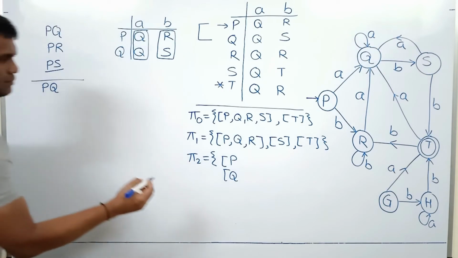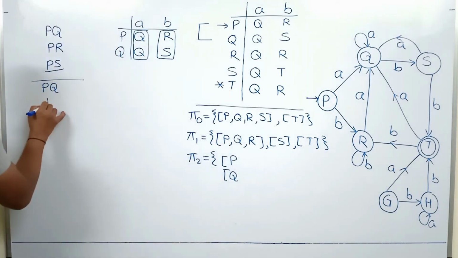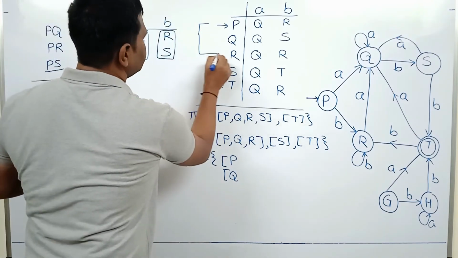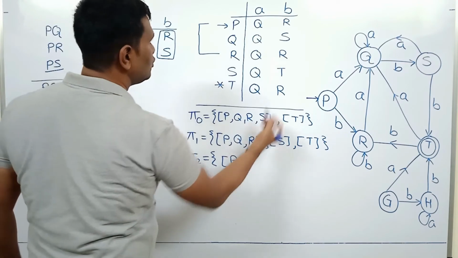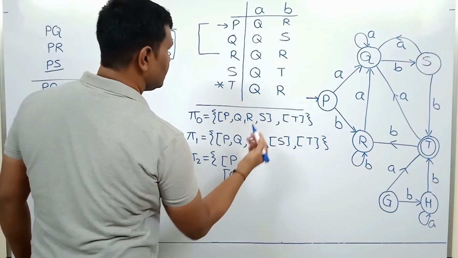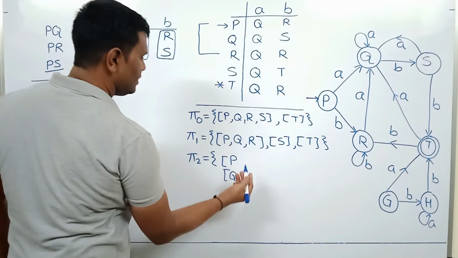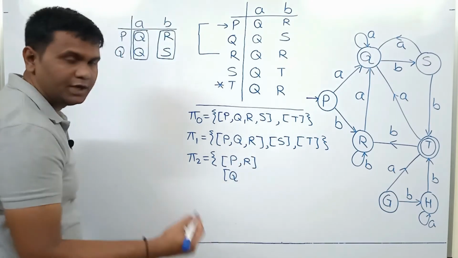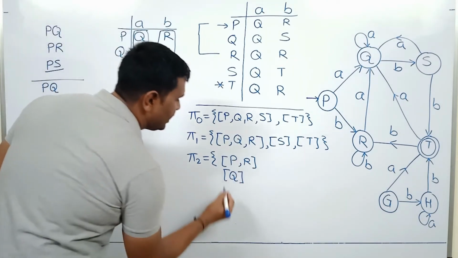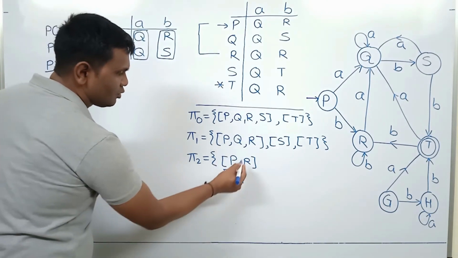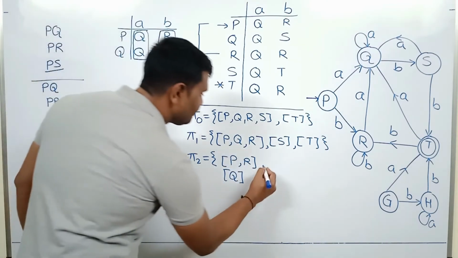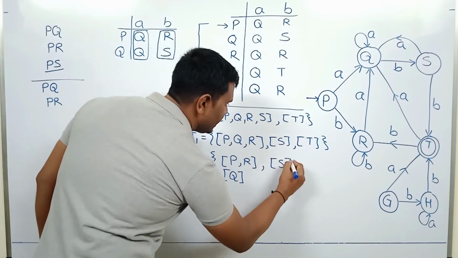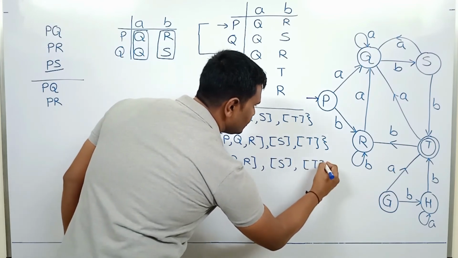Now check P and R. Q and Q, it must be in the same group. R and R, it must be in the same group. So P and R, they are two equivalent, and Q is not equivalent with P, so Q is not equivalent to R, it will be in a separate group. And then we copy these groups S and T. We should not forget that.